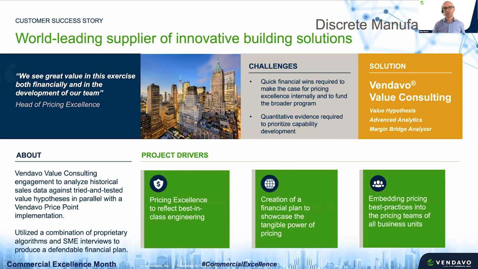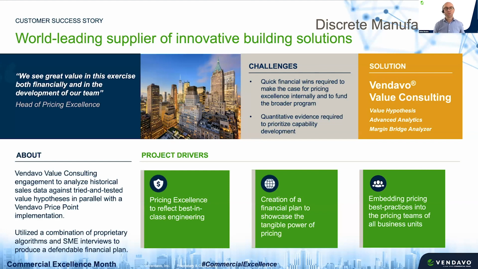They're building a commercial excellence practice, specifically in pricing. They're pushing hard to mature their capabilities in pricing, and that takes a lot of convincing. That takes a lot of change management. And one of the best ways to get your message across internally is to do it in a quantitative, evidence-based way. So by performing some deep dive analytics, working with their team and collaborating to co-create